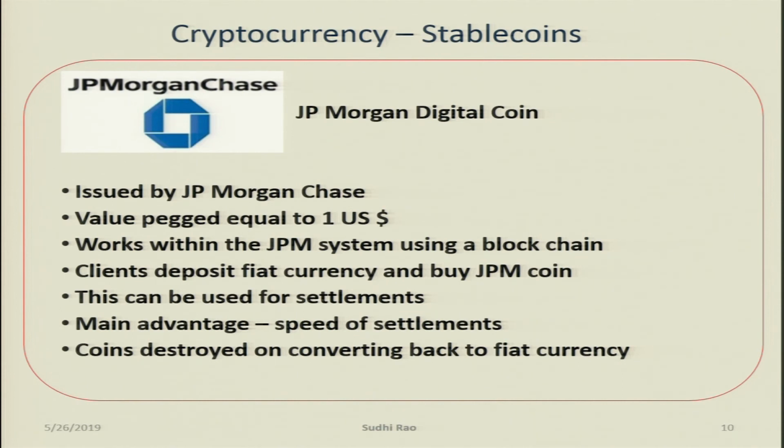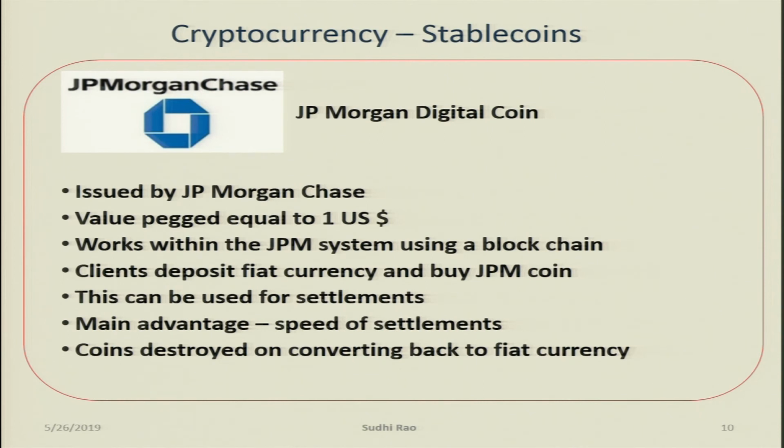If somebody deposits 5 JP Morgan coins to my account from the US, it reflects in my account here within a few seconds. So, that is the advantage for the big customers. It can mean a lot of financial advantages. That is the advantage that JP Morgan Chase is advertising, and possibly the cost of transmission also is likely to